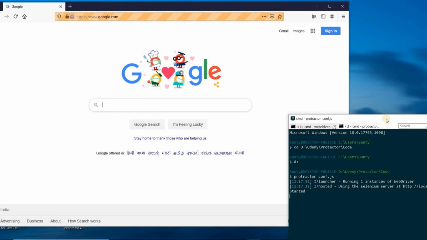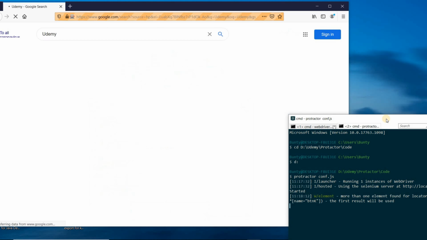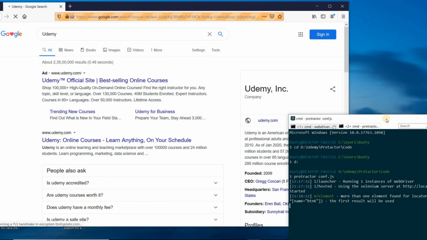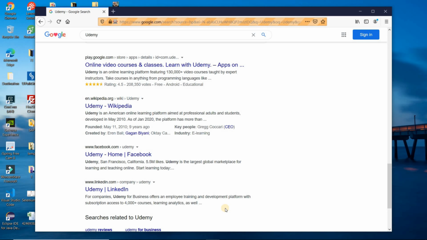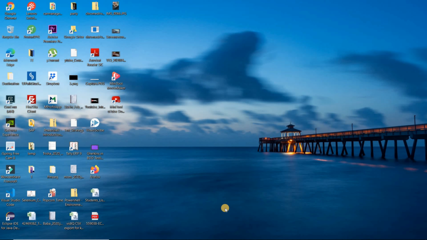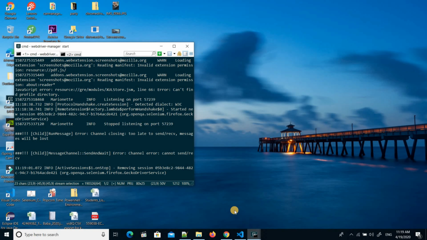It has opened Google, it searched for the item, it has entered the value. Now it will go on Google search. Now see the scroll bar, and the scroll bar will move vertically down. So see, the scroll bar has been moved down using the executeScript code. So this is how we handle the scroll bar using Protractor automation testing.